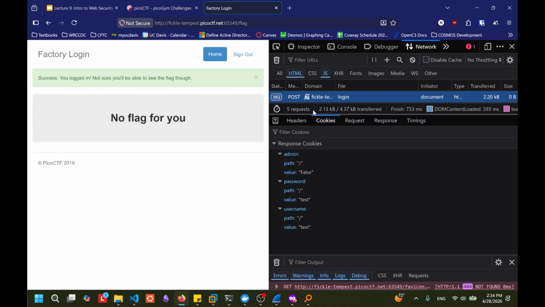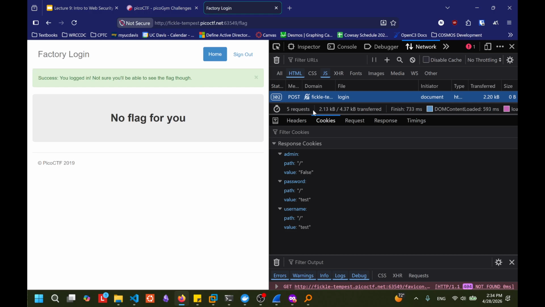I don't know if I can. Authenticate them to what? The cookie set. Say again? To the cookie set. Yeah, they set, so logging in, they're setting the cookies. I put test user. Okay, yeah, this is hard to read, but username: I log in with test value test, password test, and there's a very funky one called admin value false.